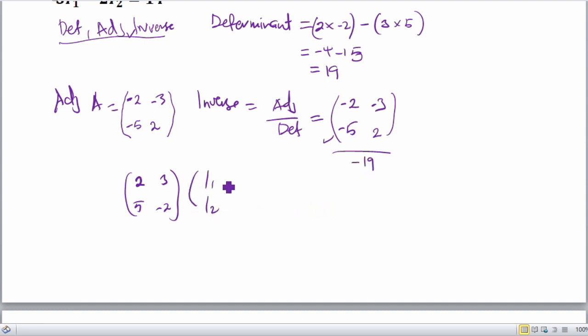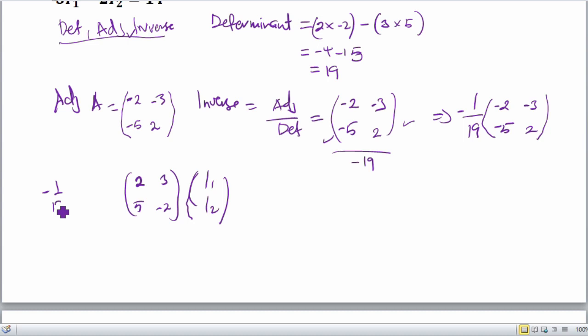So the adjoint matrix divided by the determinant can also be written, in other words, you can write the inverse as negative 1 over 19 into negative 2, negative 5, negative 3, and 2, of which from here you can go ahead and simplify,